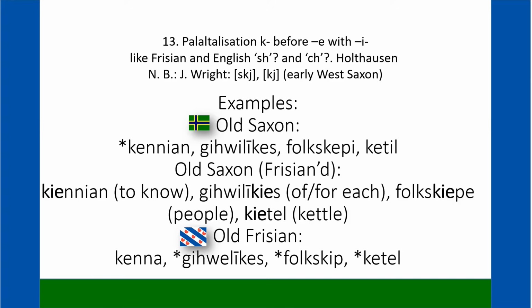So anyway, moving on. So with Old Saxon, we have Kenyan, Jehuilikes, Folkskepi, Ketil, and then we move on to the Frisianized Old Saxon. According to Holthausen, if I understand him correctly, he doesn't elaborate too much on the pronunciation. He just says, "Oh yeah, this is like Frisian in English." So I'm not too sure how I'm supposed to interpret this. So it could be pronounced as